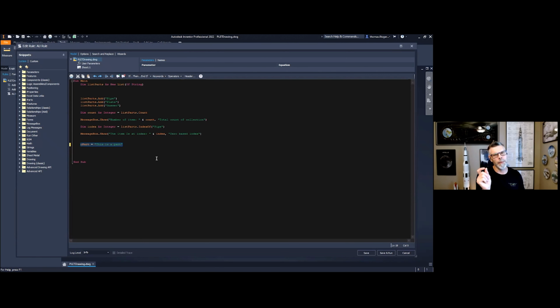And because I'm telling it to equal something, I'm giving it a name, and then I'm going to give it a value after the equal sign. In this case, because it's in quotations, iLogic can interpret that now I've created a variable that is going to contain text in it. So it's going to be a string value. It's going to be a string variable.